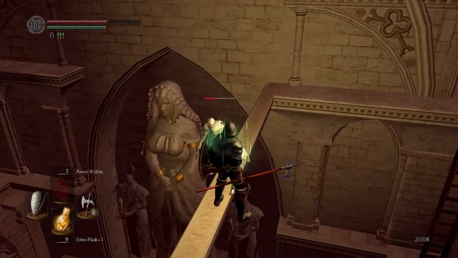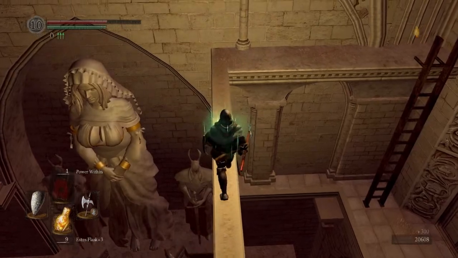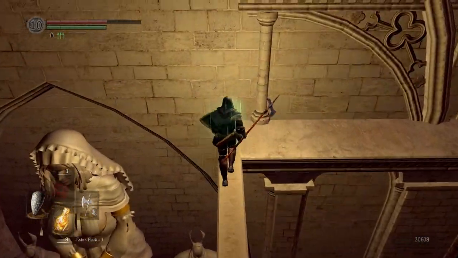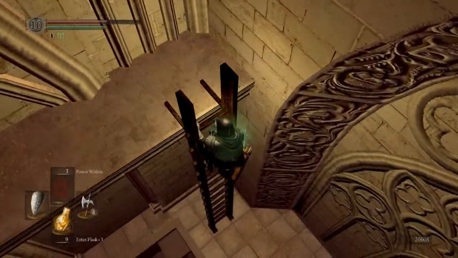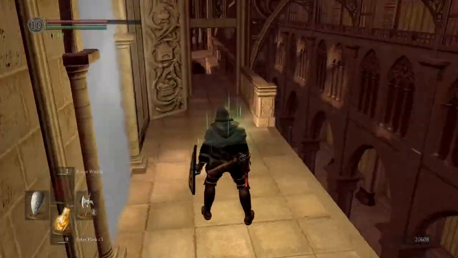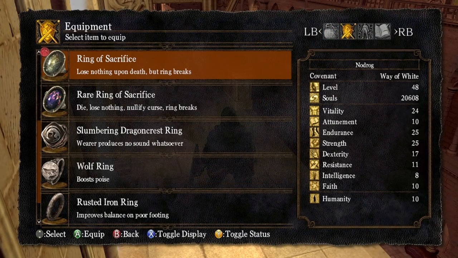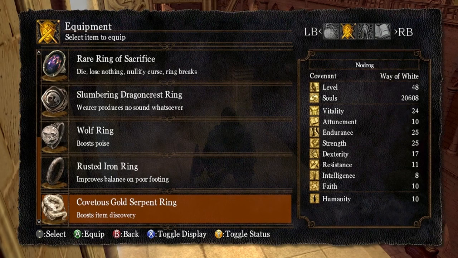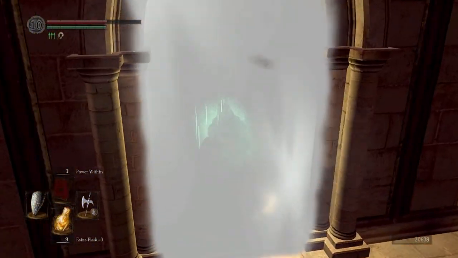So you can see, be careful with locking on to these guys on the beams, because if you lock on you might end up getting dragged off the edge. But yeah, it's a relief to come to the other side. I remember when I first started playing this game that this was one of the toughest areas for me. And Anor Londo's full of little traps and challenges. One of the most dreaded parts of...